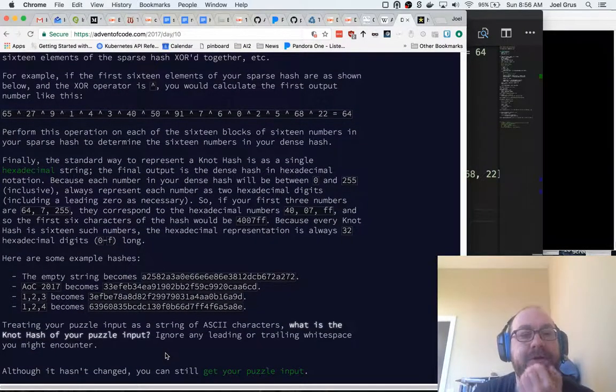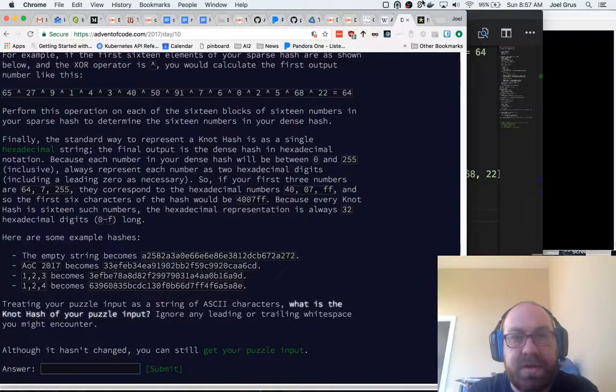Finally, the standard way to represent a knot hash is a single hexadecimal string. The final output is the dense hash in hexadecimal notation because each number in your dense hash will be between 0 and 255 inclusive. Always represent each number as 2 hexadecimal digits, including a leading 0 if necessary. So if your first 3 digits are 64, 7, 255, they can correspond to the hexadecimal numbers. Okay, so let me